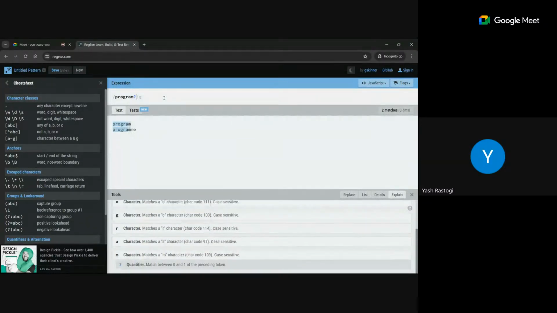So let's say now I put a question mark. Now the largest possible match is there. It's the same concept, because the largest possible match will include the M. That's why they are considering the largest possible match. But if I put a question mark in front of it, then that M won't be included. All right, and only the M will be removed, because now we can match only PRO GRA without